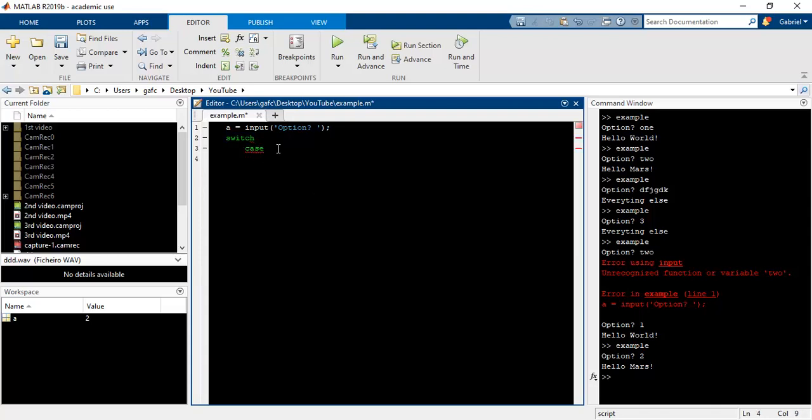So the switch case condition should be used as follows for the same program. So here I'll insert the variable a, so switch a, in case between brackets 1, case the other option was 2, and instead of else I'll use otherwise. So the program will now do exactly the same thing if I add disp hello world and here hello Mars,